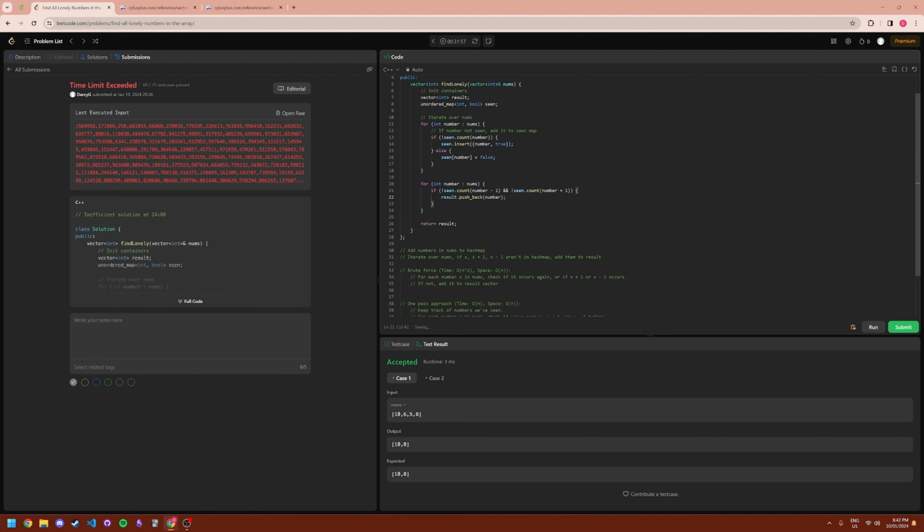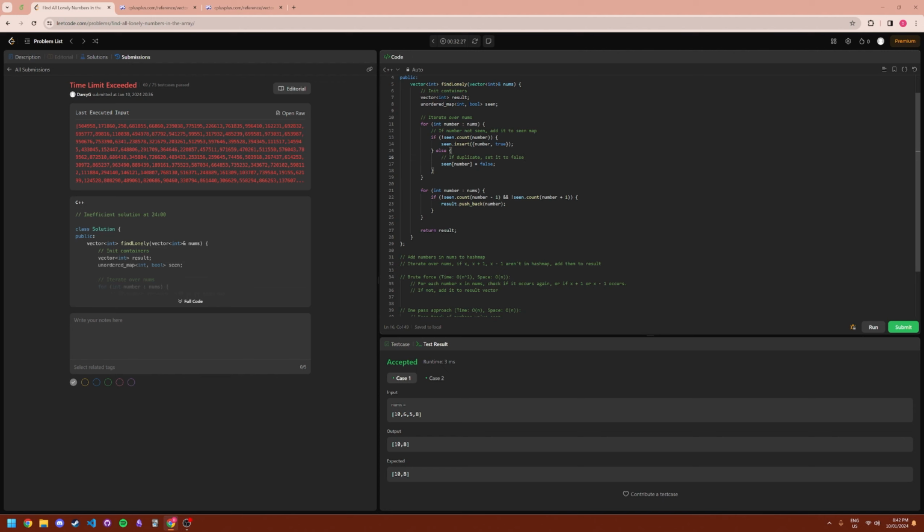But now to check what seen number is, I'm not sure if this is the right way of doing it. No, hold on. So if duplicate set to false, let me see, and then